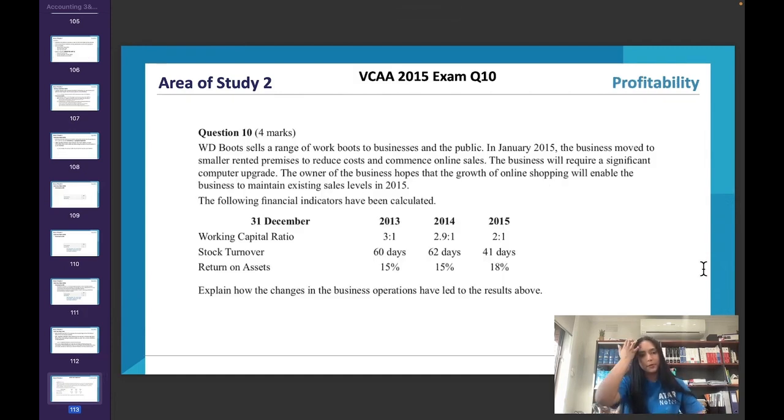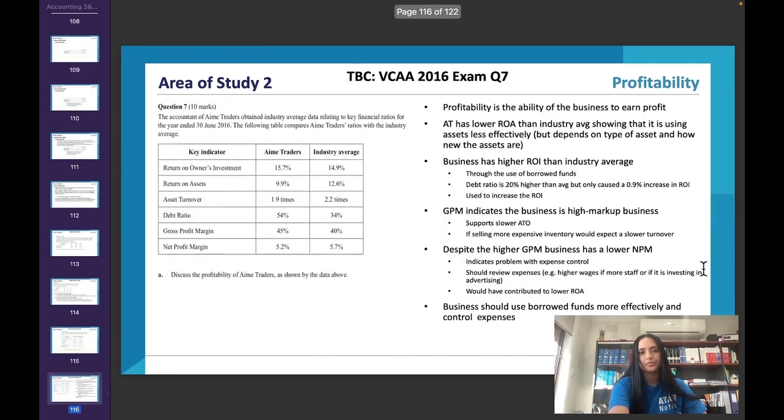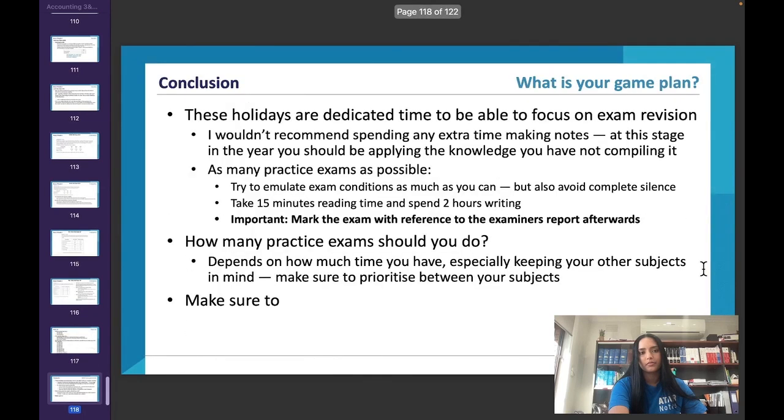So here's an example that talks about working capital ratio compared to inventory turnover and return on assets, and you need to explain what has led to these changes. Okay, so